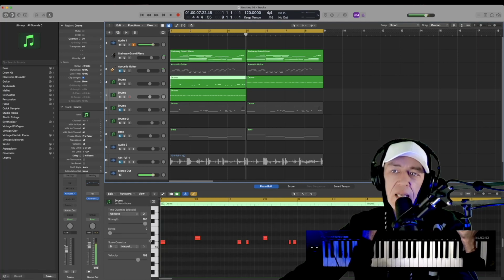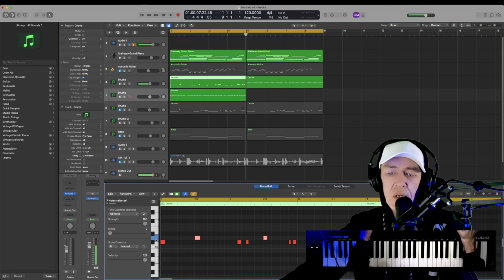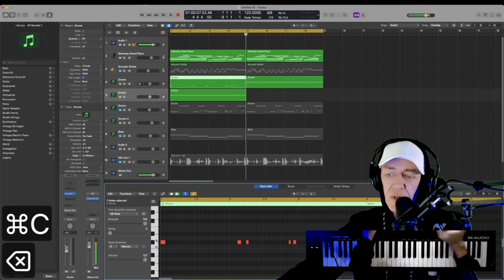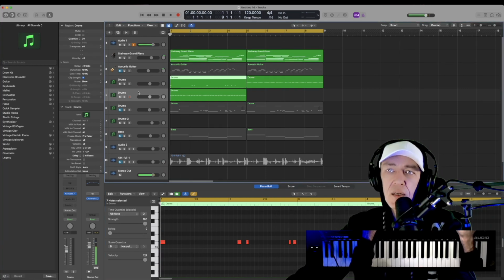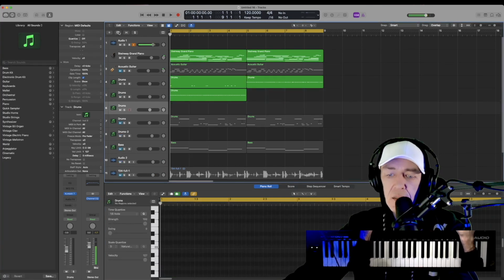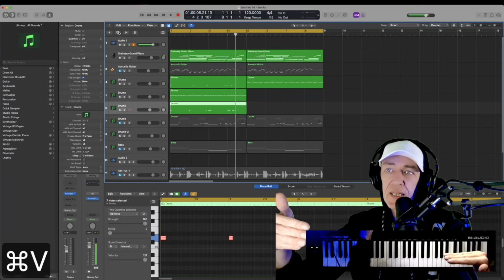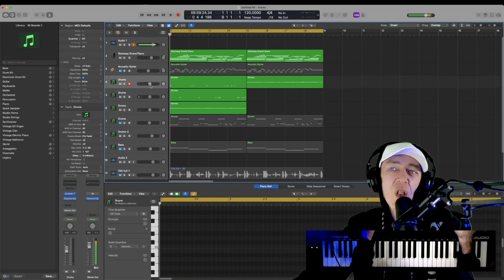And now let's do the same thing again. Grab our snares, Control C, get rid of it, bring our marker back to the beginning because it's going to paste from where the marker's at. Duplicate the layer again. So it's the same VST being duplicated yet again. And now paste. Okay, so now we have all three sounds on their own layers